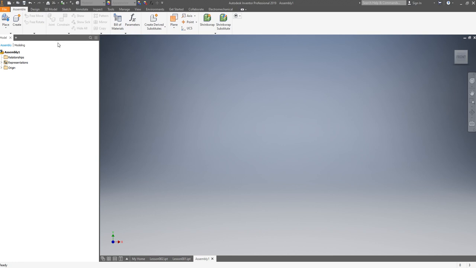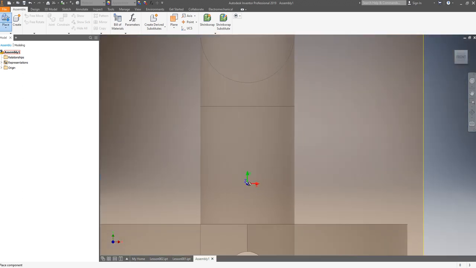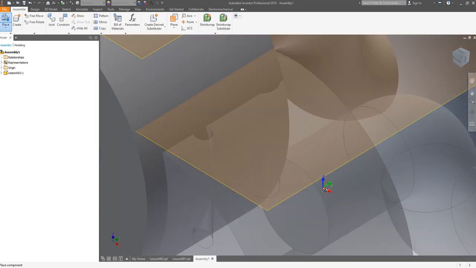So the assembly can have different parts, and we can put constraints between parts to assemble a virtual system or a virtual machine. Let's place the part first. So let's put the base first. Open. Boom. Done.